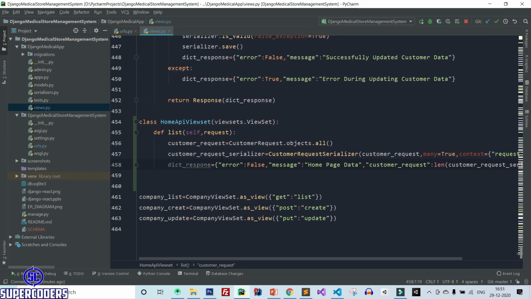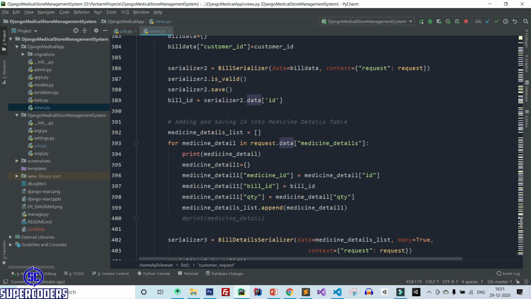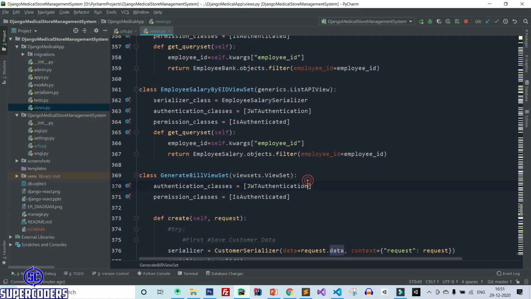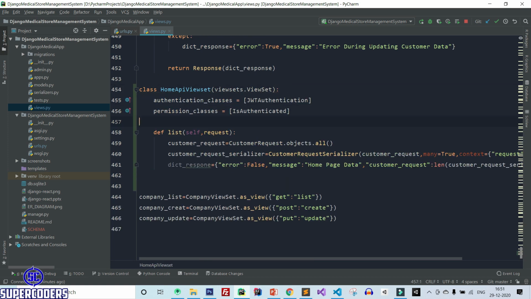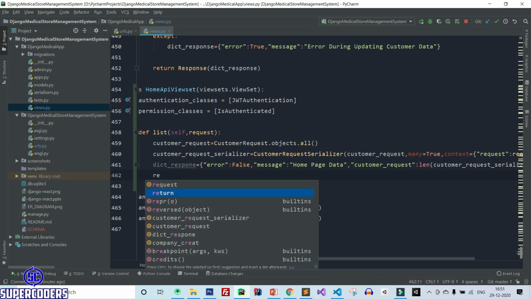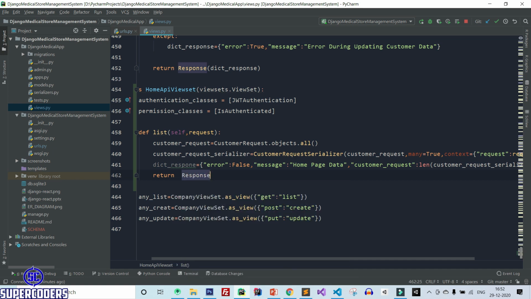Now save it. After that, also add some permission classes here. You can copy these from the top of the page, the top classes. Copy these authentication classes and permission classes and add them here also. Save it. After that, return response and dictionary response.